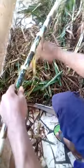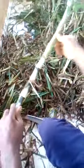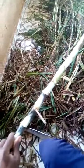This is a super Napier grass. We are preparing it for planting. These ones were planted before, so we harvested and want to multiply or increase the plants in our farm because of the rainy season. We want to take advantage of the rainy season and plant grasses that the animals will be needing